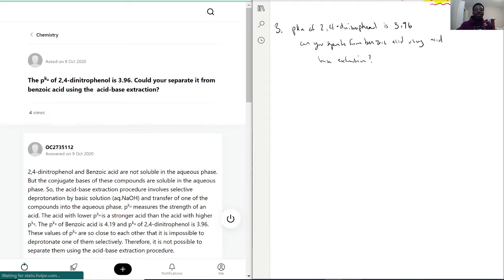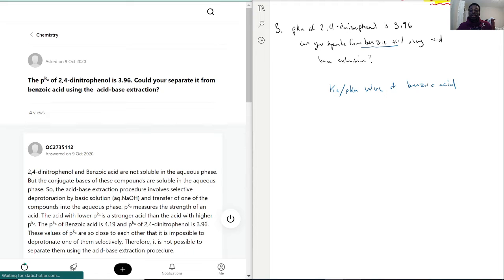So the way the pKa works is giving you a range of not only where it would create its buffer solution, but it can also be used to determine the pH you need to protonate or deprotonate the molecule in question. So, since it has a pKa of 3.96, you need a pH